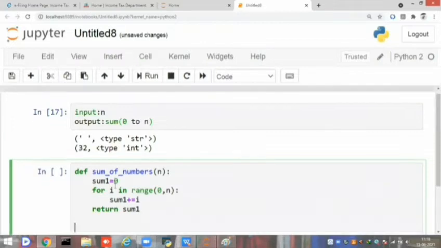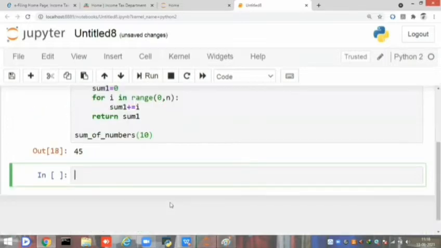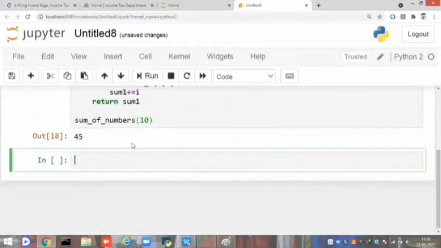And how to call this function? We have to call it by the name of this function, which in our case is sum of numbers. Sum of numbers of how many numbers you want, you can give any number, either 10 or 15. Here the sum is 45.